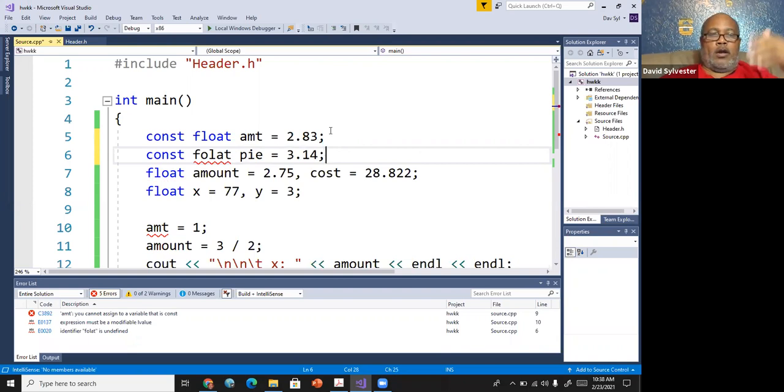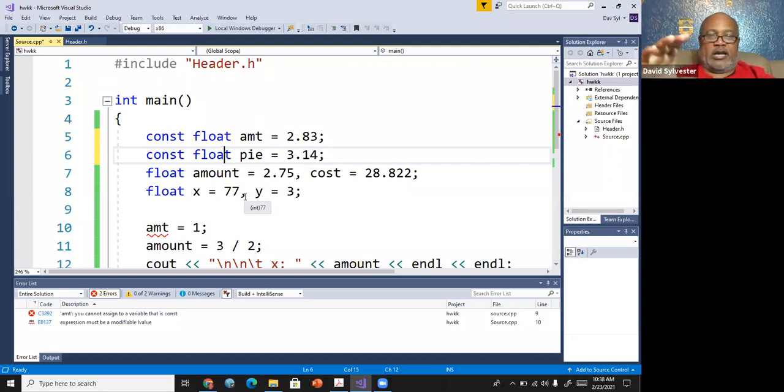So now everywhere I use pi, the value of pi is equal to 3.14. Anywhere in my program, I cannot change pi to equal anything else. I set it equal to this, and this is what it's equal to. So that's what a constant variable is.